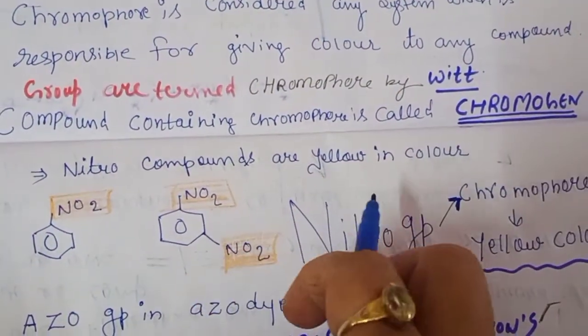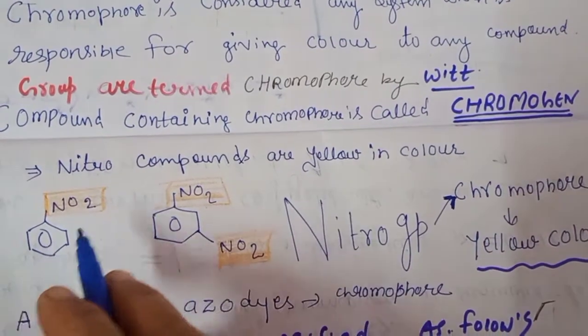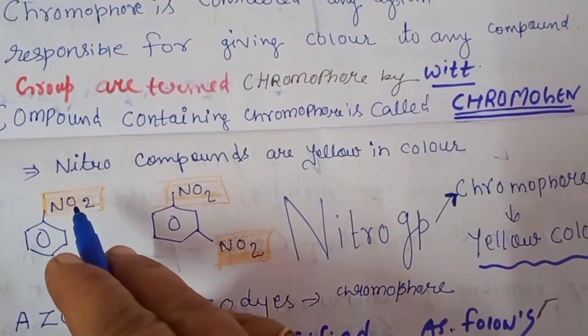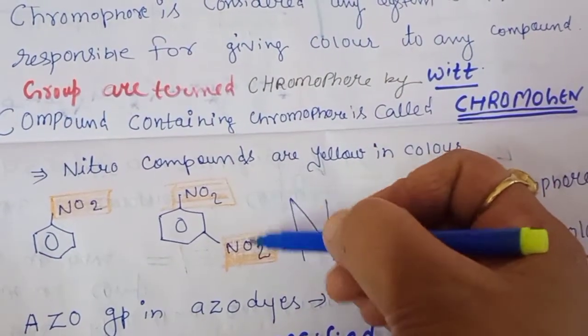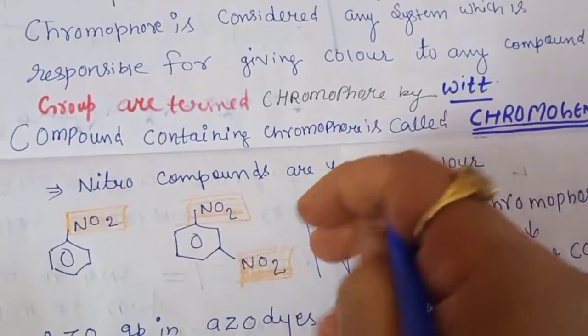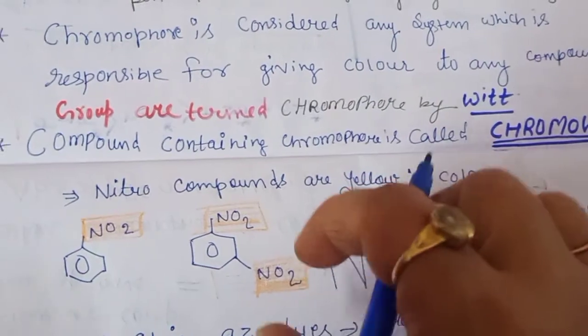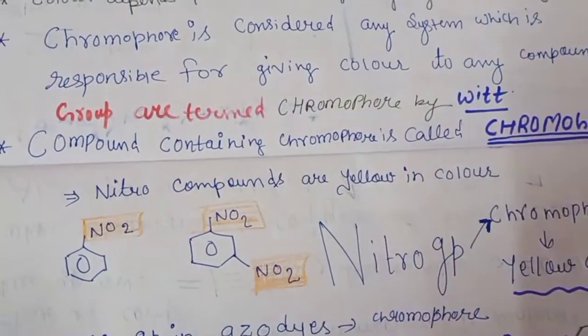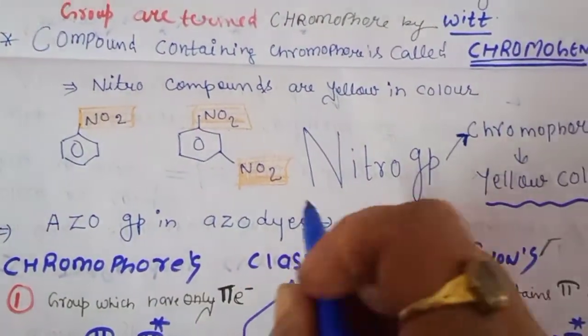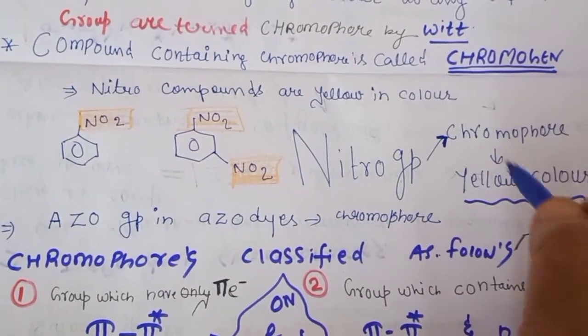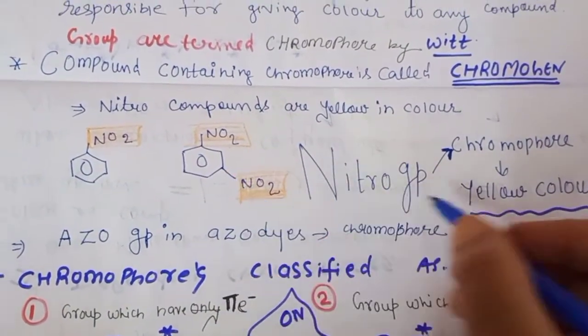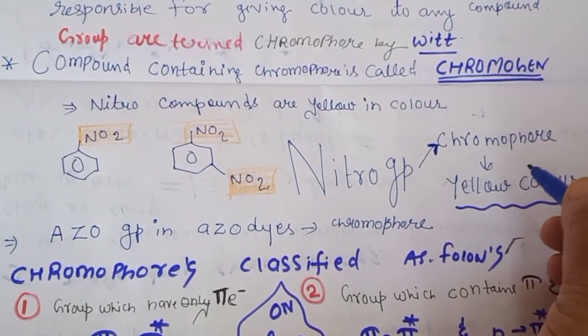That's why that compound is strong yellow in color. If there is only one nitro group, it will be light yellow, pale yellow. But if more nitro groups are present, it will have a chrome yellow like color. As we had seen in our meta-dinitrobenzene, when we are doing organic analysis in the lab, you can analyze that. So this nitro group is responsible for the yellow color of this compound, so that's why the nitro group is termed as the chromophore here.